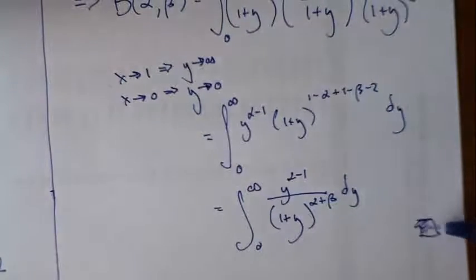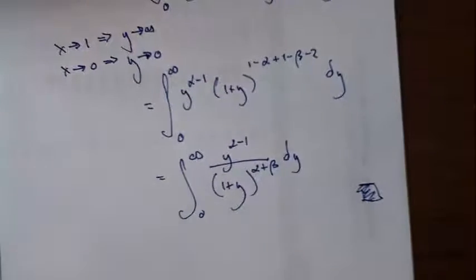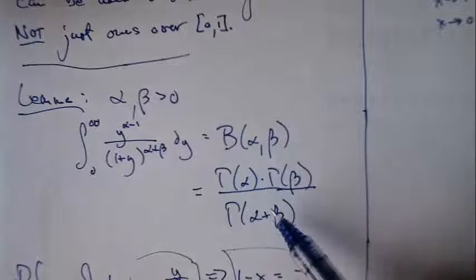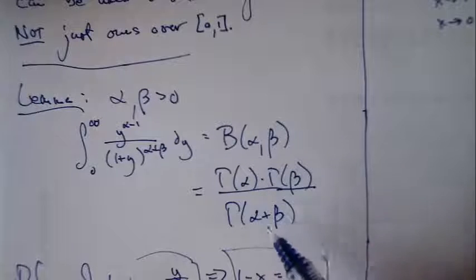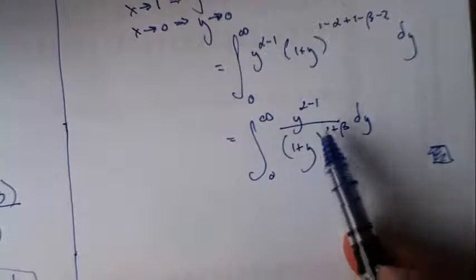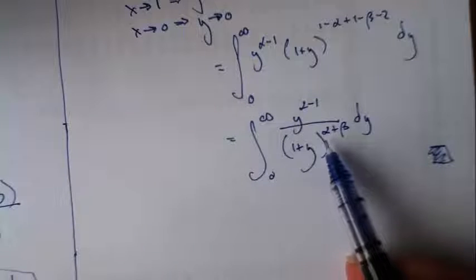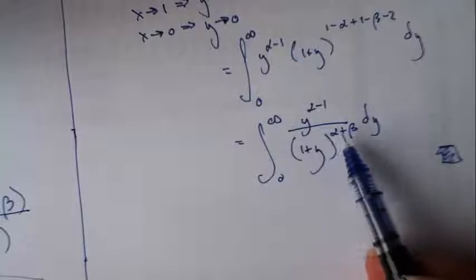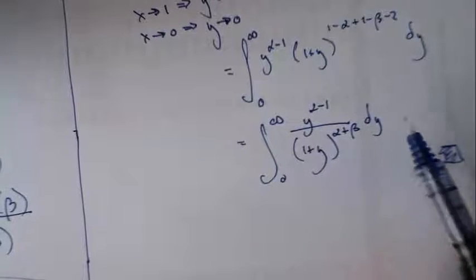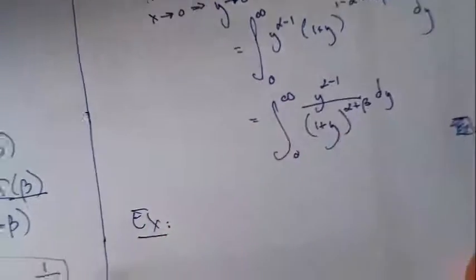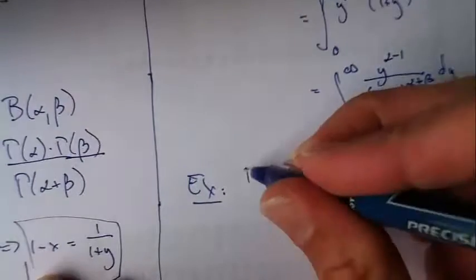So by the way, our lemma is proven, right? This is done. And because we already know that the beta function, beta of alpha beta, is gamma of alpha times gamma of beta all over gamma of alpha plus beta, we know that if we see an integral that looks like this, we can quickly solve it if we know the values of gamma of alpha and gamma of beta and gamma of alpha plus beta. It's especially quick if these are integers, because the gamma function reduces to the factorial function, right? So for example, if I bump into an integral along the way that looks like this,